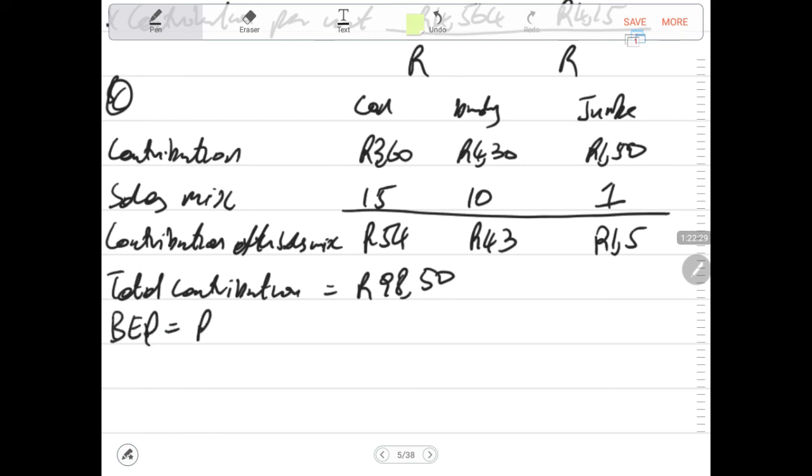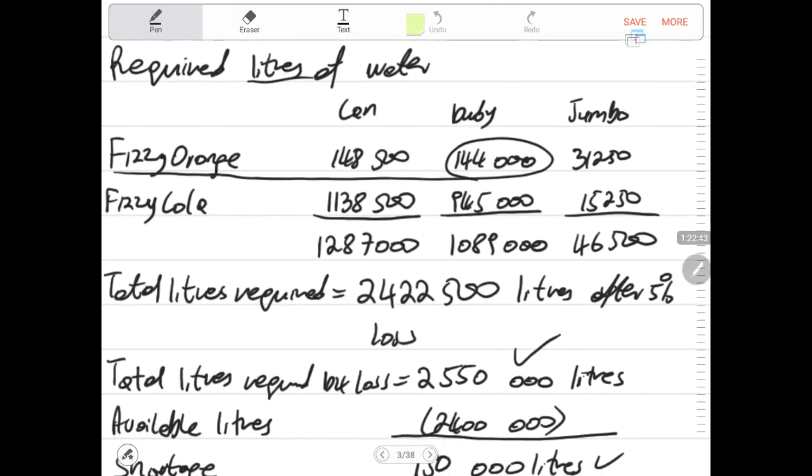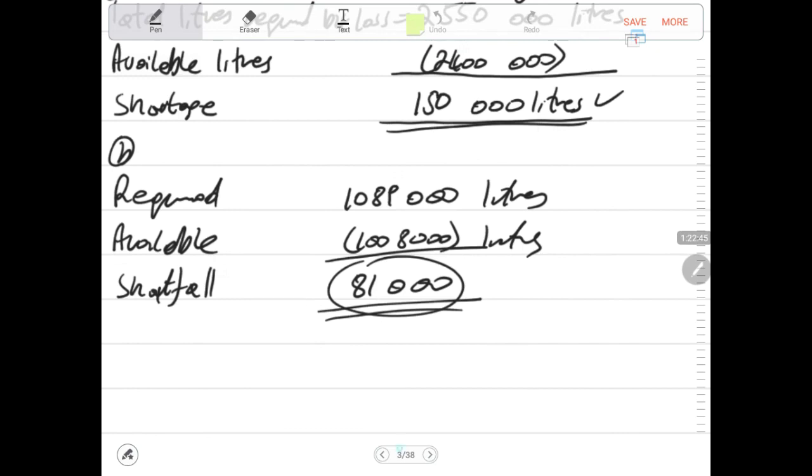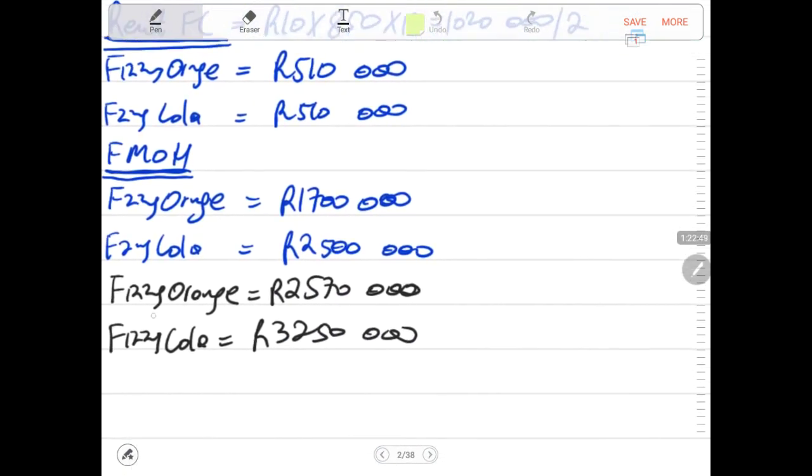will be equal to total fixed cost. Remember, we are focusing only on fizzy orange and this product variation. So I'm looking for the fixed cost for the fizzy orange. My total fixed cost for the fizzy orange, there we go. The total is